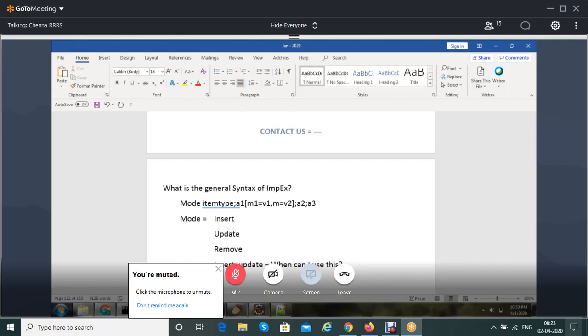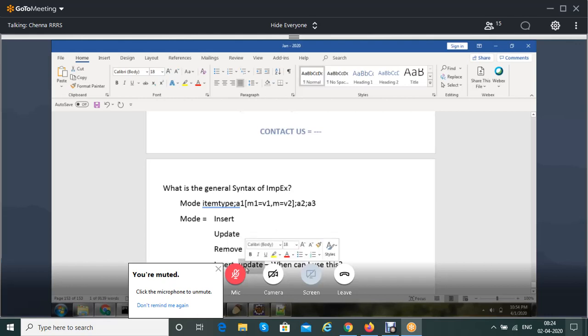If you are not sure whether the record you are passing is already there or not, if it is there you want to update it, and if not there you want to create it, then go with insert underscore update.